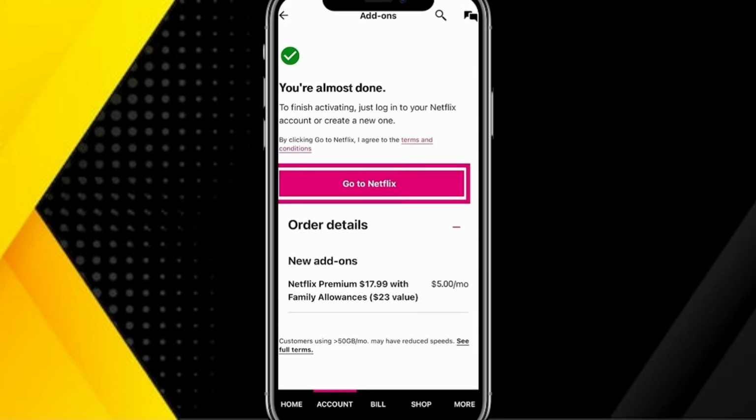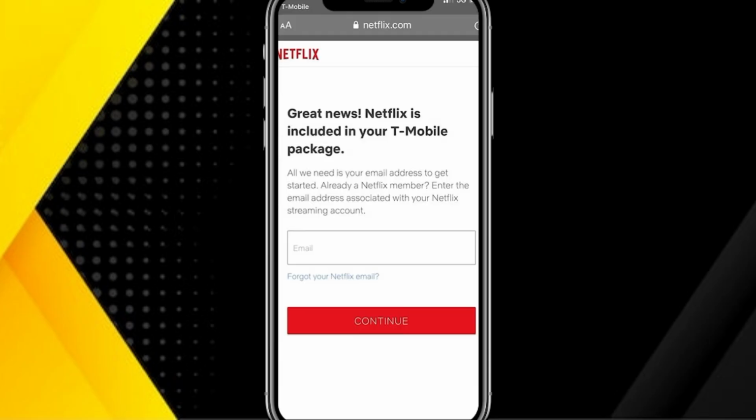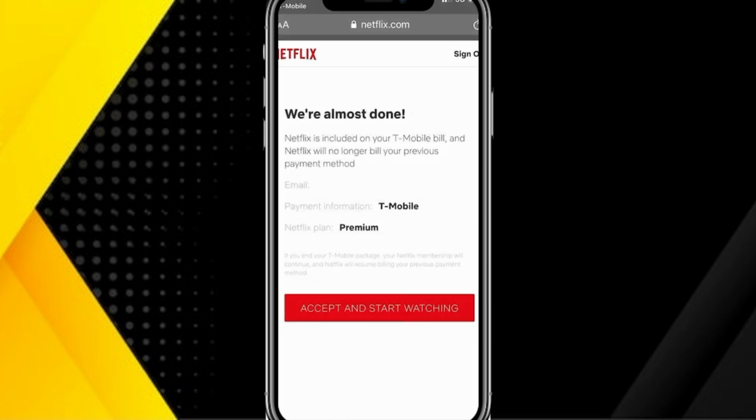The next step involves either linking your existing Netflix account or creating a brand new one. If you already have a Netflix account, follow the on-screen instructions to connect it with your T-Mobile plan. If you're new to Netflix, the prompts will guide you through setting up a fresh account. Make sure to take your time with this step, especially if you're linking an existing account, to ensure that everything